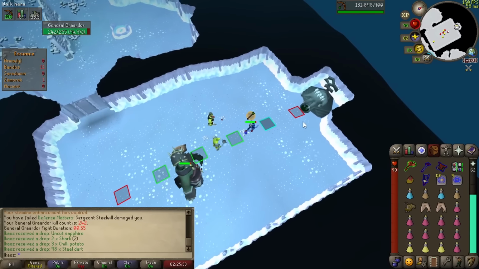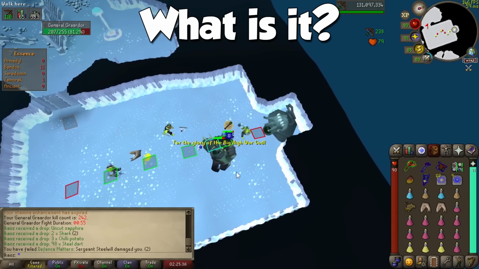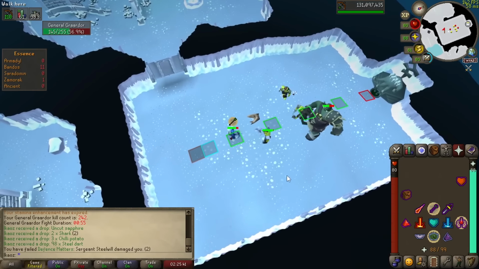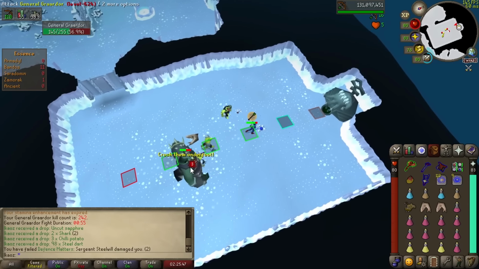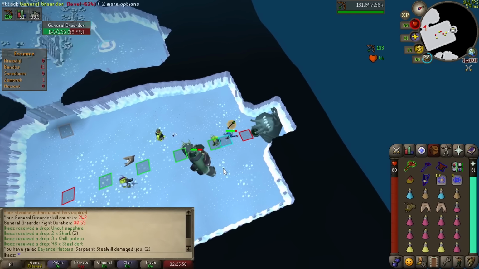Today, my General Graardor guide. Also known as just Bandos, he is the appointed leader for Bandos' forces in the God Wars dungeon. This video will focus on the range the door method, since it is the easiest and safest to learn, but I will quickly touch on KC with other combat styles. I will show you how to do it without taking any damage from him on your way to a valuable